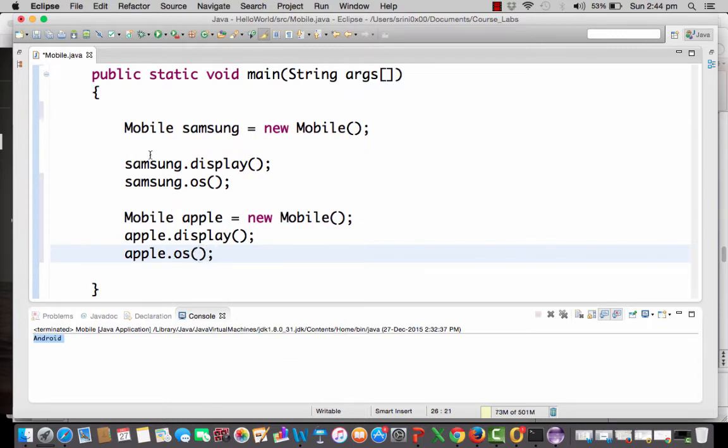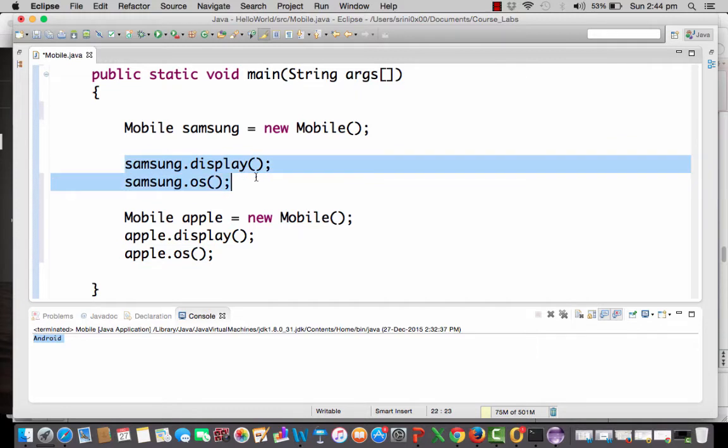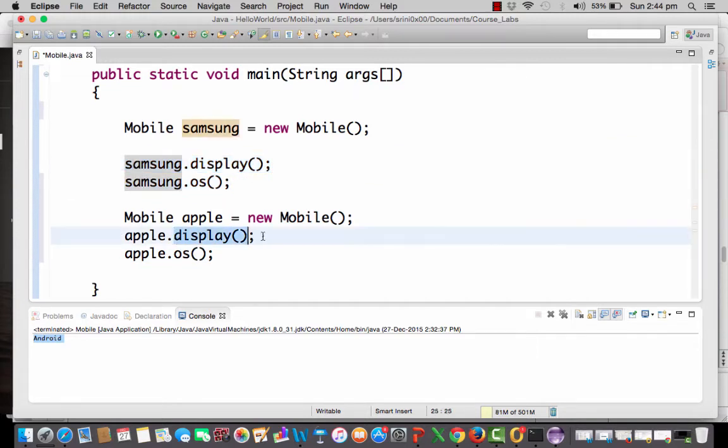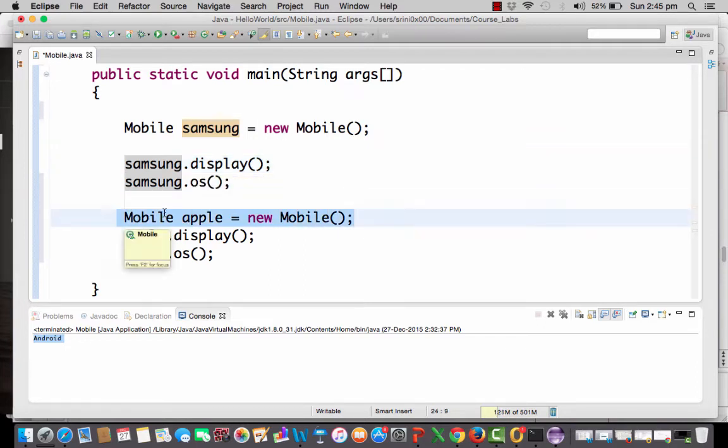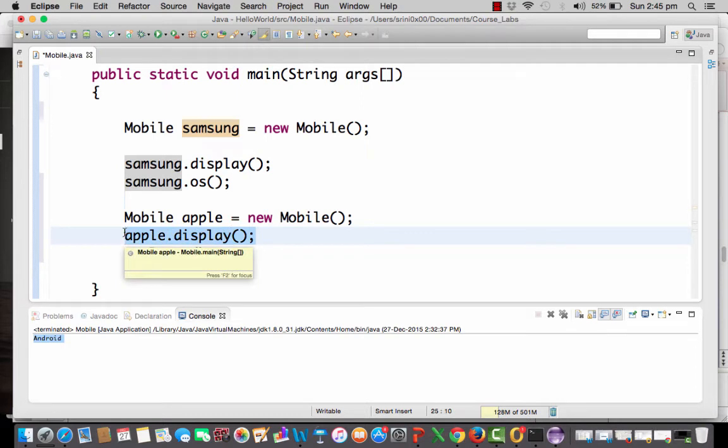Perfect. So now we are actually calling this particular display method from the Samsung object. We are calling this display method from the Apple object as well. If you notice, whenever you create a new object, we are assigning memory to each instance that you create, which means the modifications that you make using this object will not be reflected